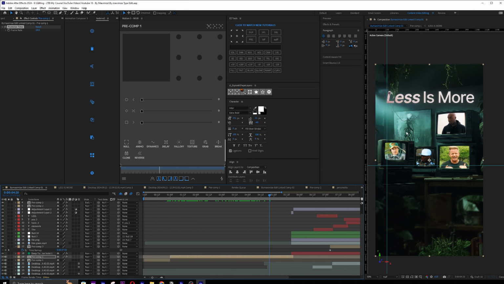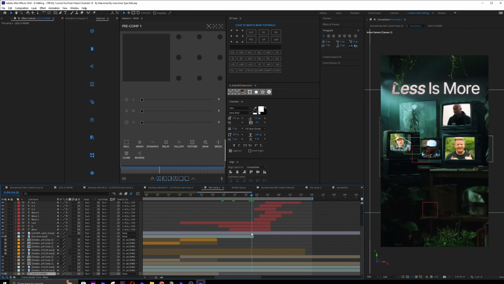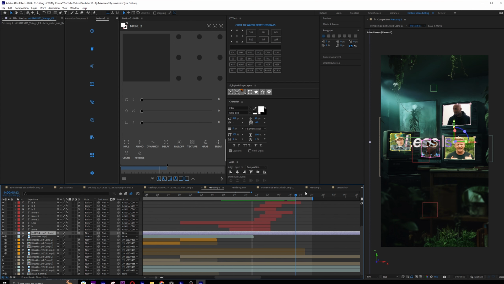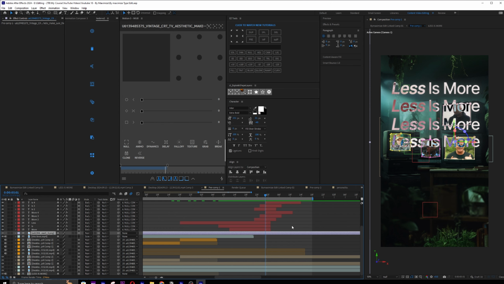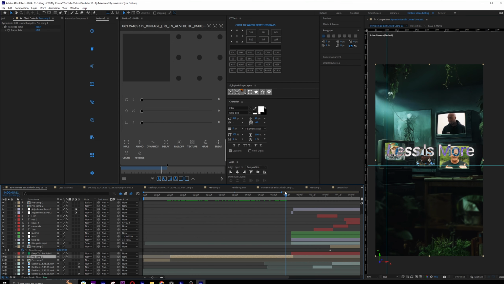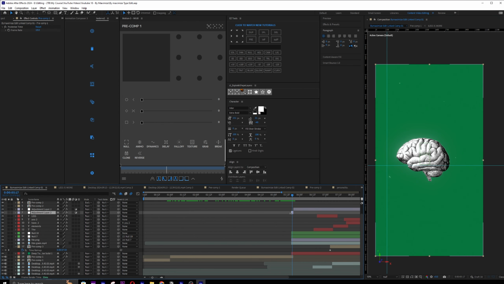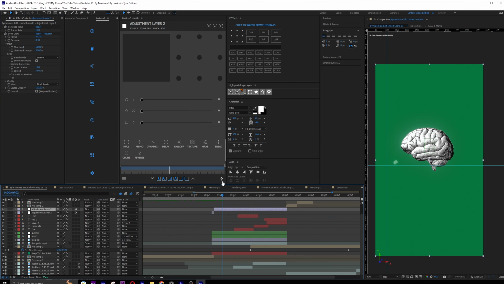And then on the less is more text, you can see over here, I added deep glow on each text with these exact deep glow settings. And I added posterize time on the whole thing, as I already covered that. As well as I just moved all of this text a bit lower, if you realize from before. So that is a very minor change as well. And then over here, I added deep glow along with posterize time. So it creates this kind of laggy effect.